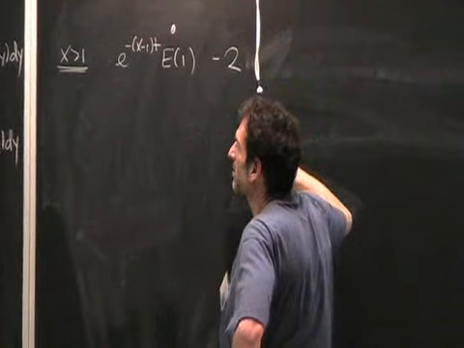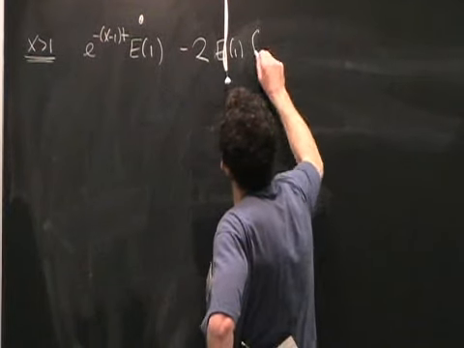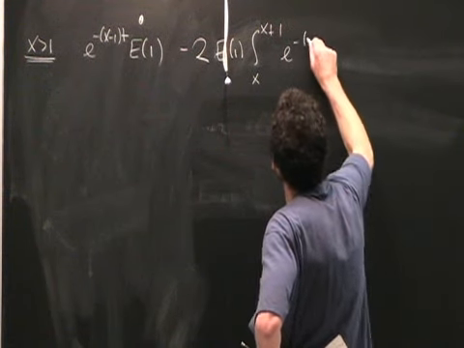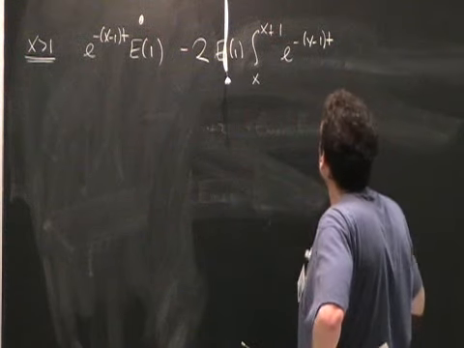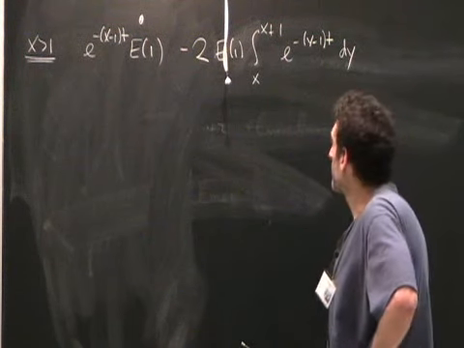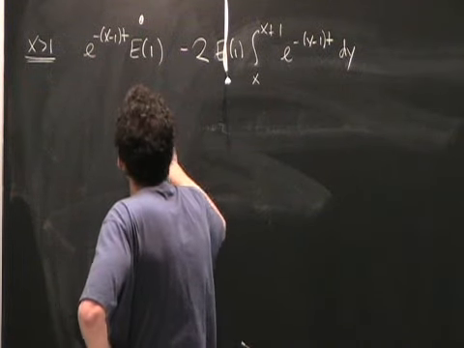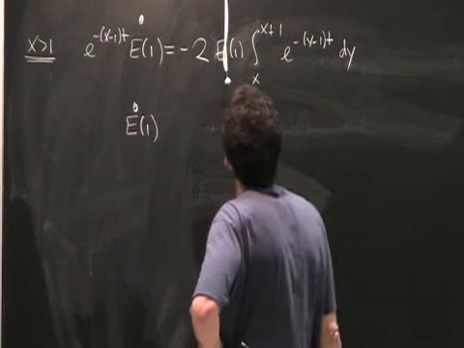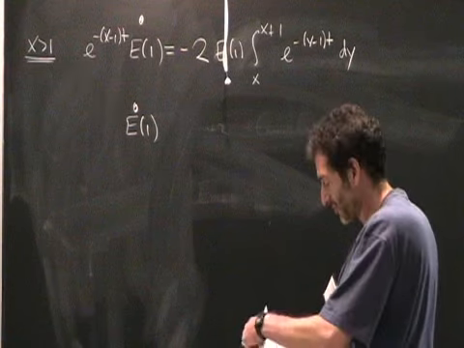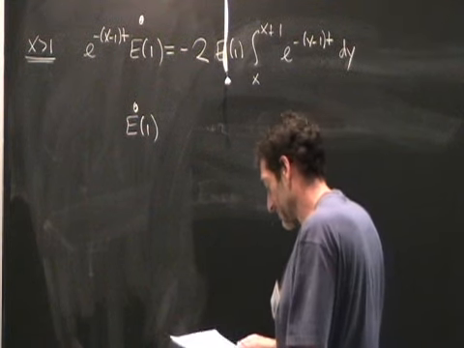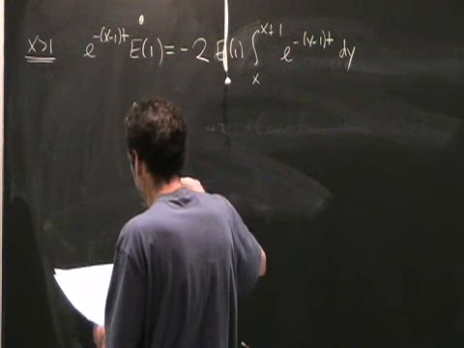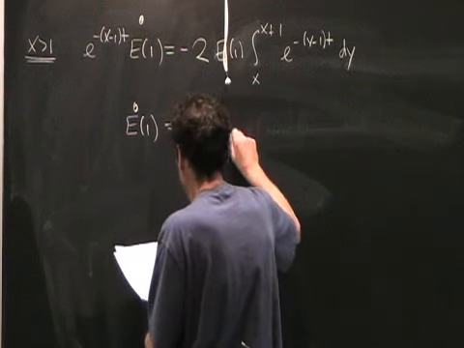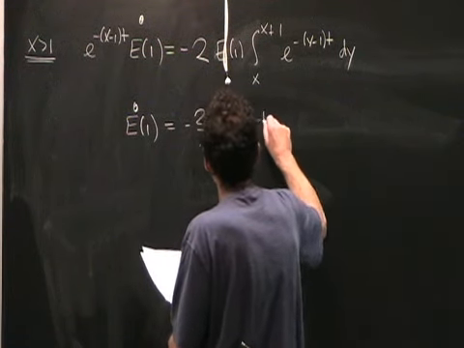I guess I have to have it inside the integral. So I'm going to have 2 E1, and then the integral from x to x plus 1 of E(y), which is e to the minus (y minus 1)t, dy. And so allow me not to do the integral, because this is precisely the kind of thing I always screw up, and I don't want to screw it up in front of you guys. Let me just tell you what the answer is here. E1 dot is equal to minus 2 over t, (1 minus e to the minus t), E1.